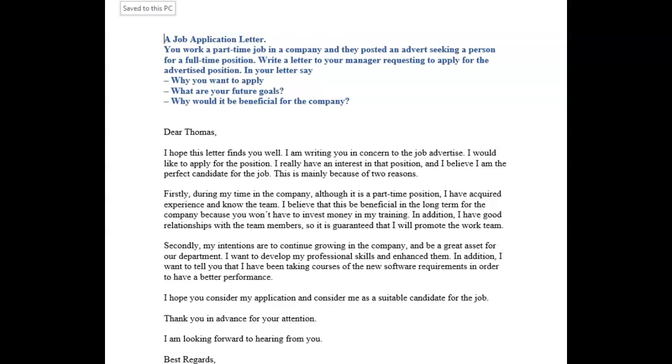So, now, the first thing is that this is your manager, right? So presumably you probably see this person often. I don't know if this, I hope this letter finds you well, is really so appropriate here. Okay. So I would have gotten rid of this. I probably would have started with this first sentence here that you've got. The second sentence. So, dear Mr. Thomas, I'm writing you with,